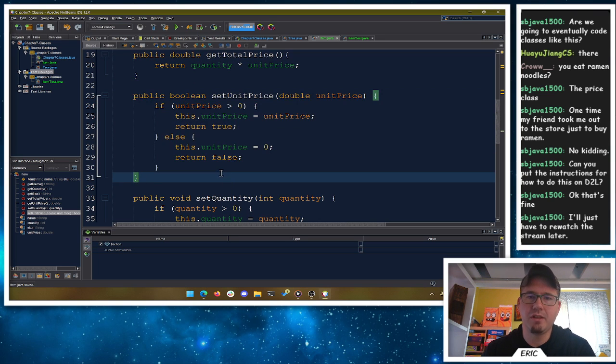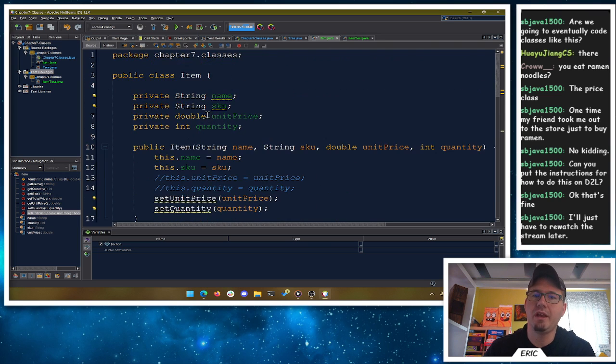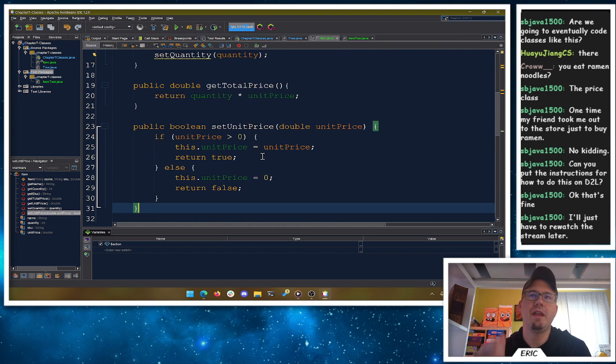Now, the reason is this: our methods in our classes should never be printing things. There should never be a System.out.println inside of your class code, because your class has no control over where it gets used. If someone uses it in a mobile application, I can guarantee you no one's looking at the console. If I use it in a web application, no one's looking at the console. If I use it in a graphical user interface application, no one's looking at the console.